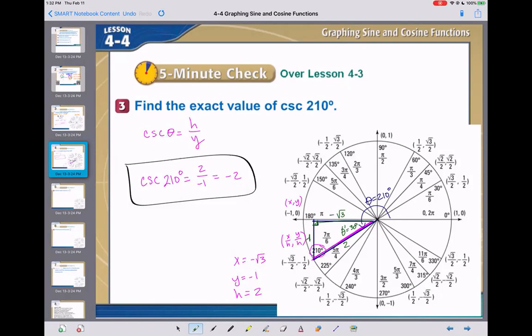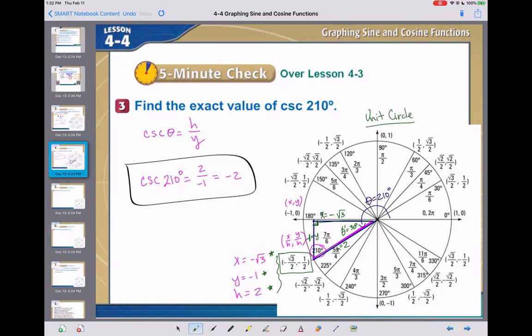And thus, I have a y here of -1, which matches up with this -1. I have an x here of negative square root 3, which matches up, and a hypotenuse here, which matches up with my hypotenuse. And these values, if you forgot, came from this point. So that is, right there in a nutshell, how you connect this unit circle